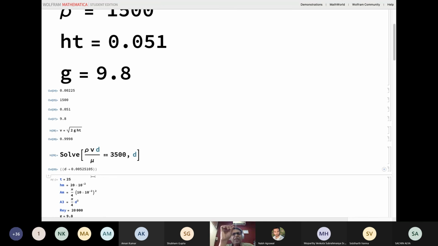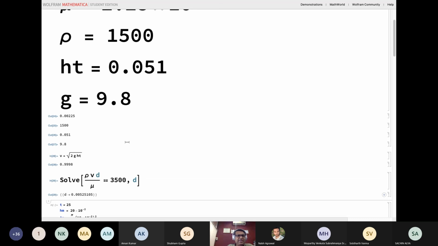If you have 5 millimeter diameter, you can have up to 5 millimeter diameter. If you make it larger, then there will be problems, right? Then we'll get higher Reynolds number. So 5 mm is what you can give here. These numbers are not physics based, but just to give you a feel for what kind of numbers you get. Okay, very simple problem.